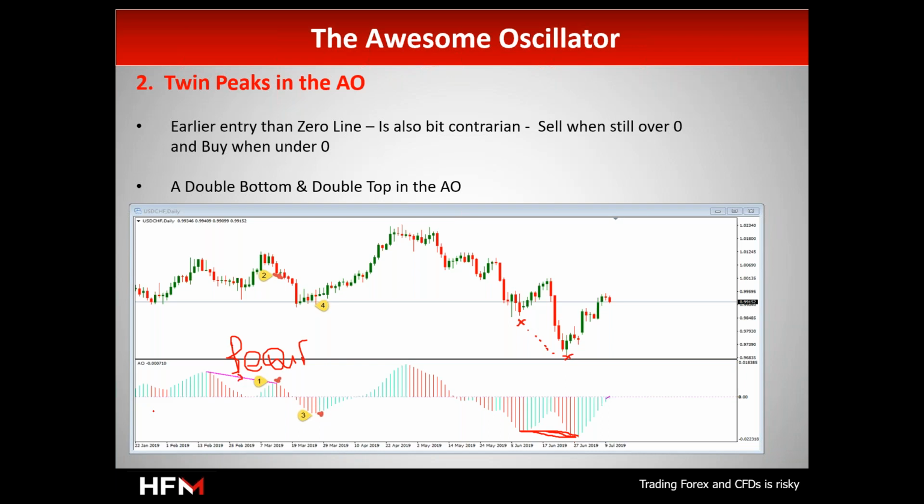So keep in mind also that this pullback between the peaks should remain above the zero line. Okay, we cannot connect a peak that is above the zero line with a peak that is below the zero line. Never do that. If you see consecutive peaks on the same side, that's when it's giving you an extra sign.